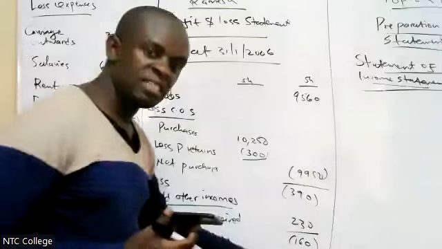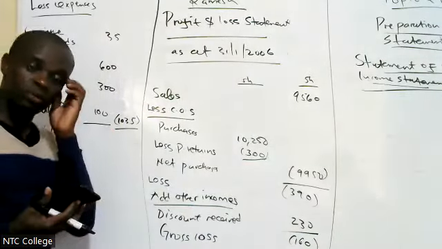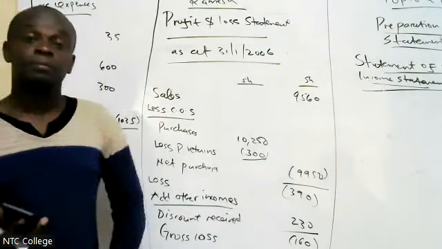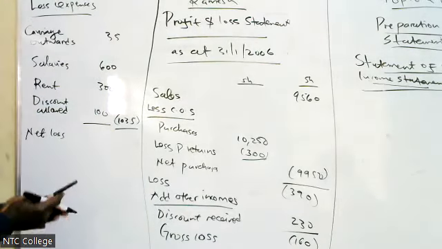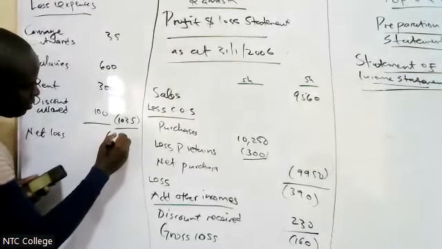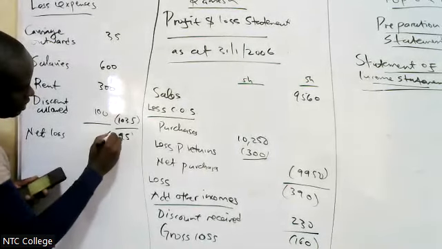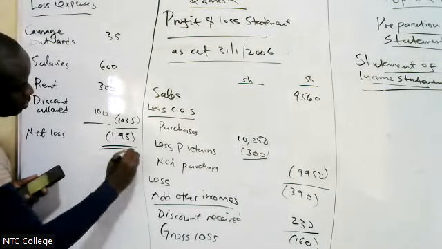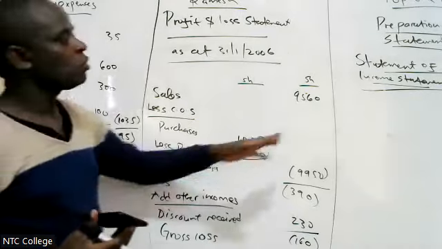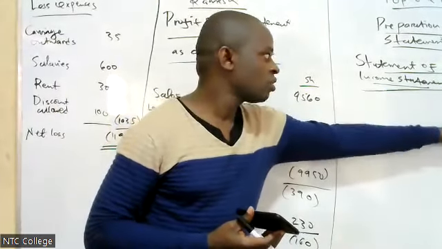Take negative 160 plus negative 1035. How much will you get? Negative 1195. Thank you. So the net loss will be negative 1195. Thank you so much. 1195. So that's how to go about when you are talking about income statement or profit and loss or statement